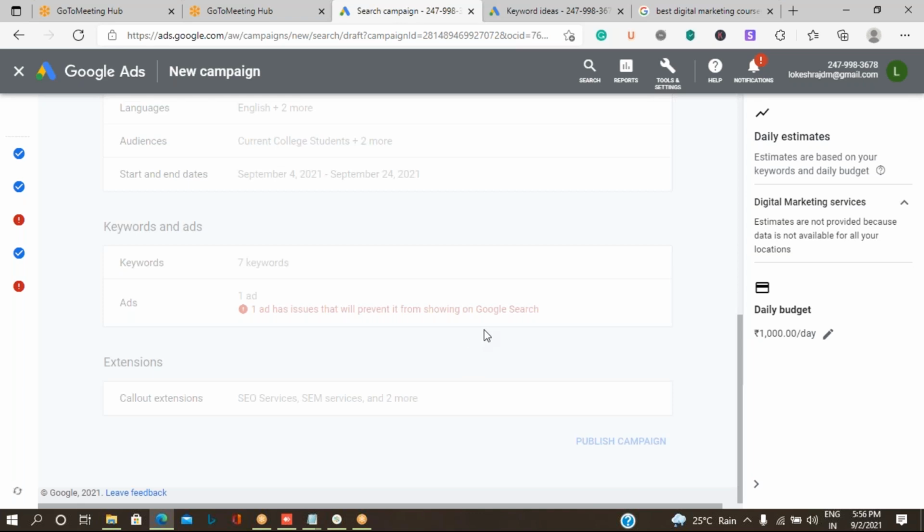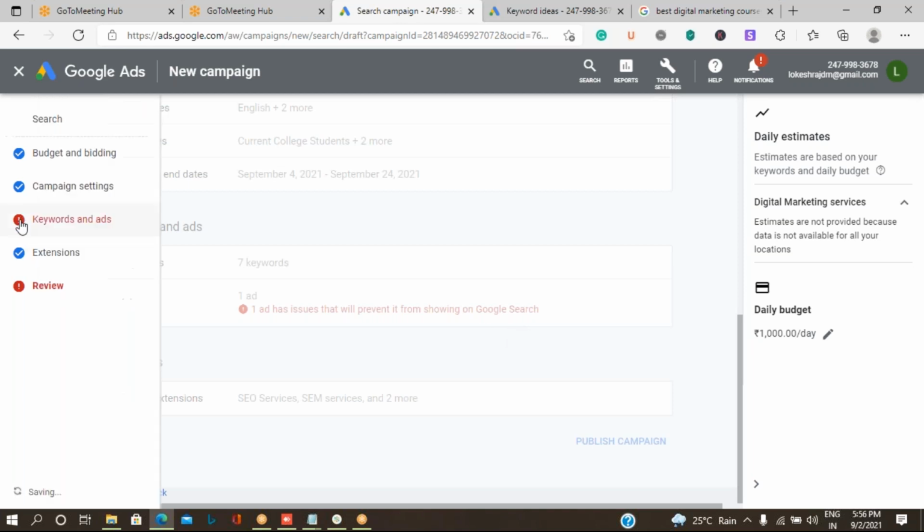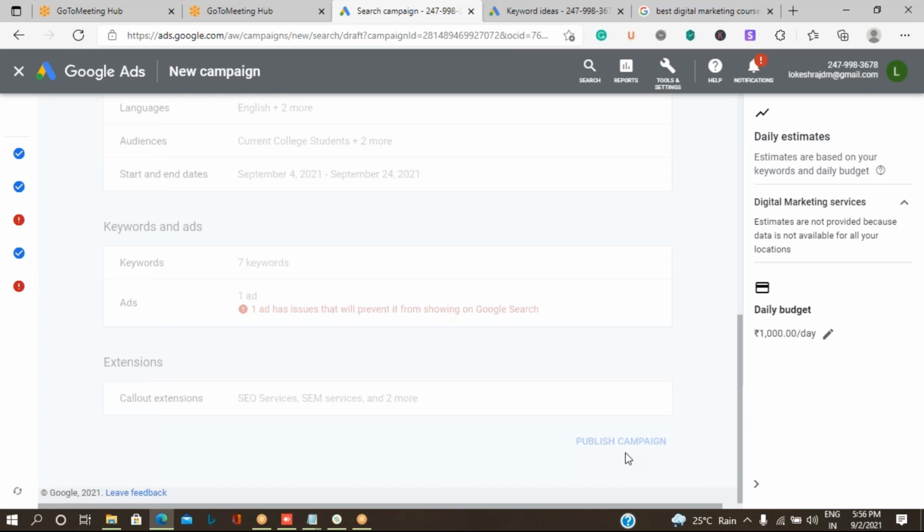Okay, so it is taking some time. The thing is you should know what you have given, in case there are any changes to be done. It is going to be highlighted in red in color. So you can make it clear and then finally you can click on publish campaign.